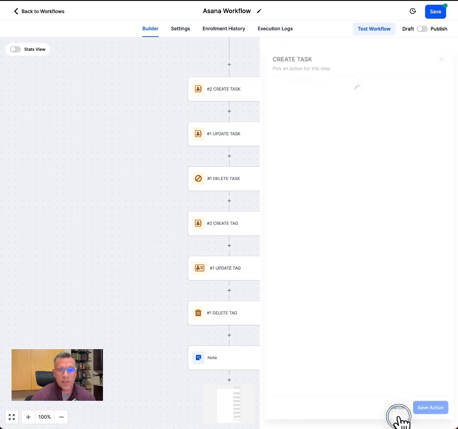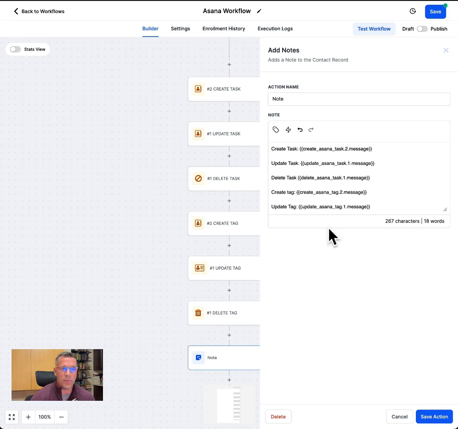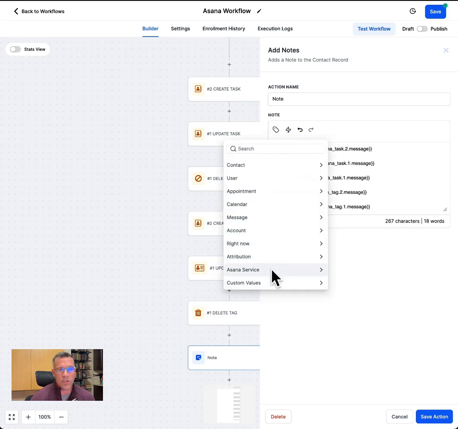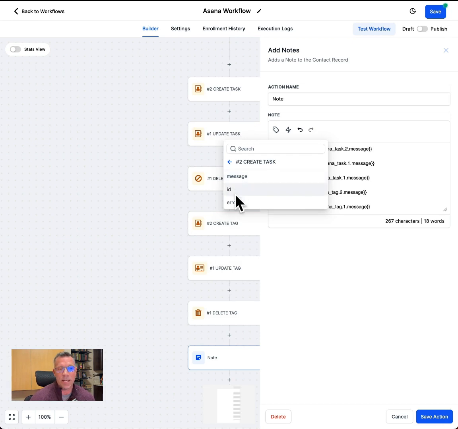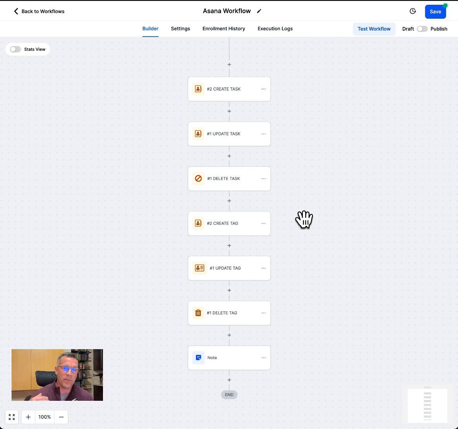Okay. Now the last action that we have is a note, and what this is, we actually create callbacks to let us know what happened when this workflow action fired. And you can do all of these actions. You can either create a message, ID, or an error. That way, if you're having troubles pushing any type of information over to Asana, this note feature is an